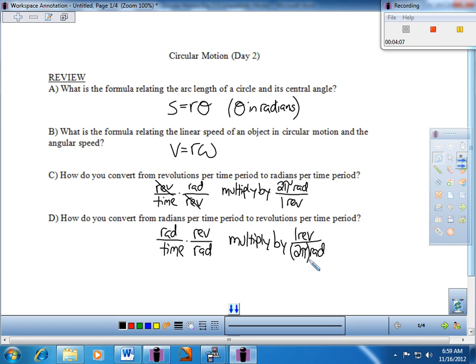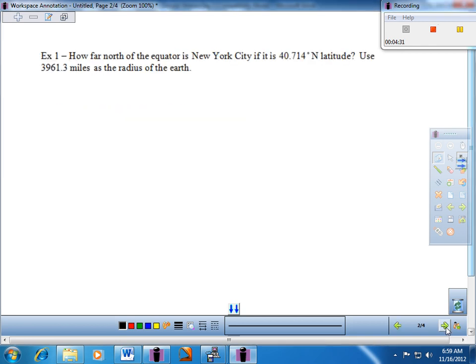So let's give it a try. Let's do, I think, it's either 3 or 4 examples here. And let's see what we have. So example 1, everyone. It says, how far north of the equator is New York City if it is 40.714